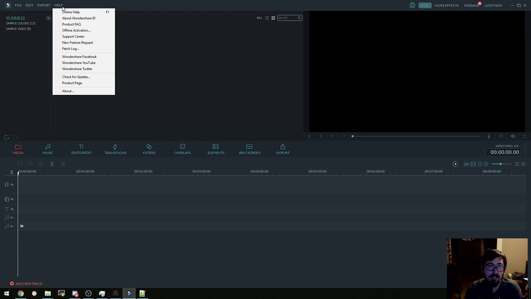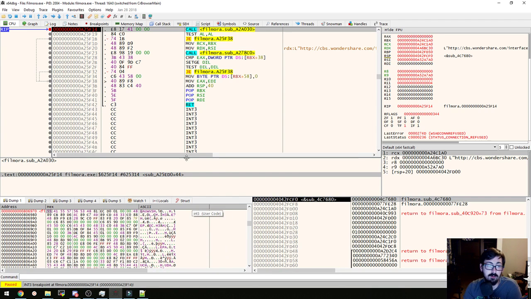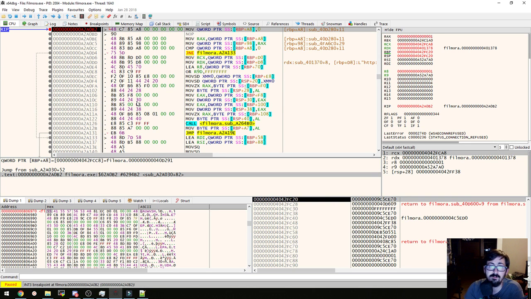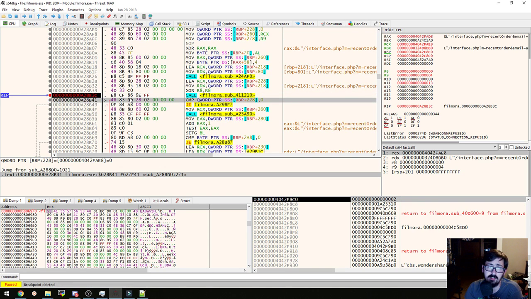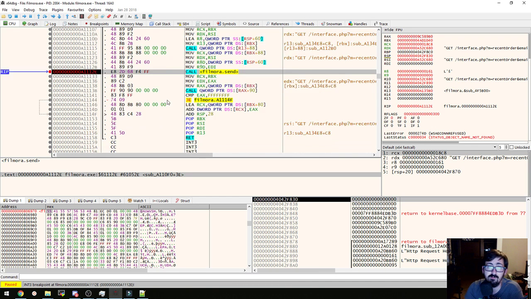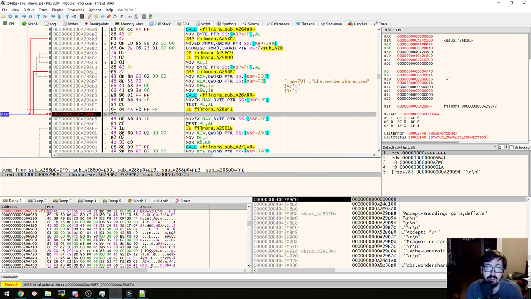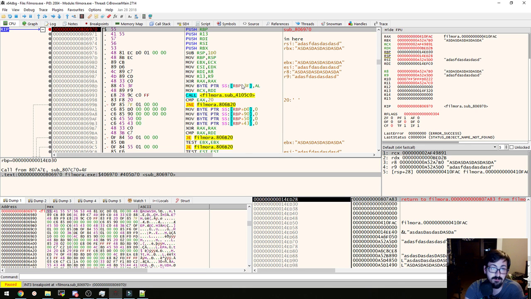Okay, so help, offline activation, activate, should be paused, we are. Don't need this one, F9. Don't need that one, F9. Definitely don't need these ones, F9. Or that one, F9. Or that one, F9. Probably don't need that one, F9. Okay, in here,